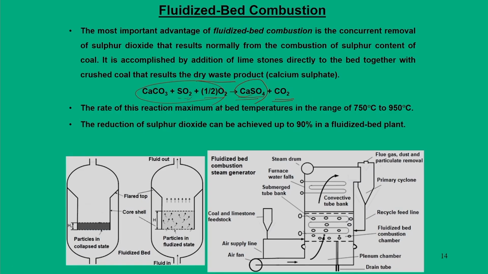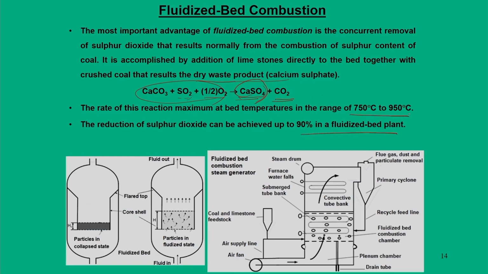So, had this equation not been there, we would probably have SO2 in the products, which goes to the atmosphere. Now, when this SO2 interacts with limestone, it forms CaSO4, and it can be collected as a dry waste. So, this is the advantage that fluidized bed combustion gives us in removing sulfur from the coal. Here, reduction of sulfur oxide can be achieved up to 90% in a fluidized bed plant, and